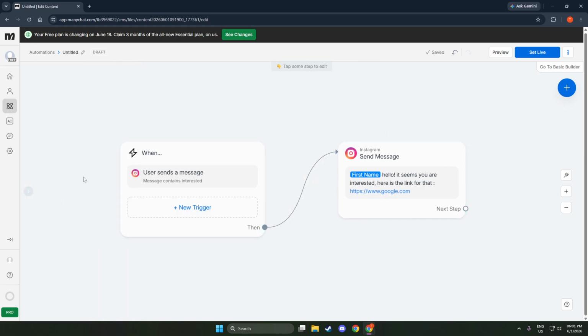Give your sentence a quick read to make sure it sounds natural with a name in place. Keep punctuation tight, no extra spaces before commas, and keep the tone conversational. That's all there is to it. By adding the first name field, you instantly increase relevance and make your automation feel more like a one-to-one conversation. Once you've added it in the right place, you're ready to use this message anywhere in your flow for a more personal touch.